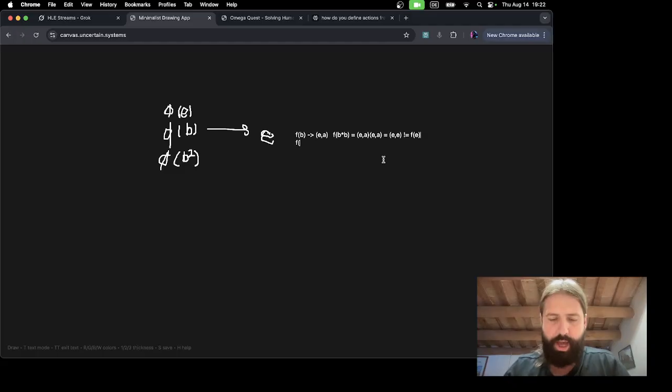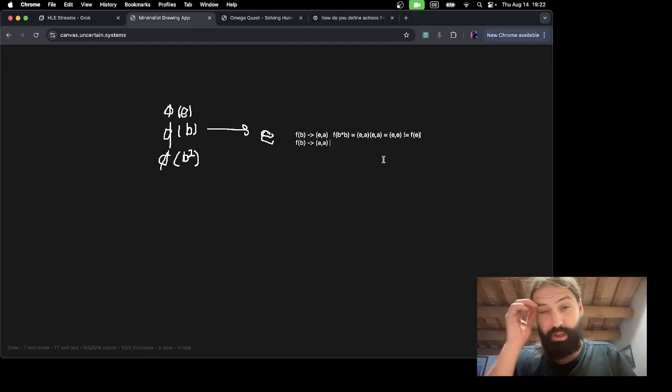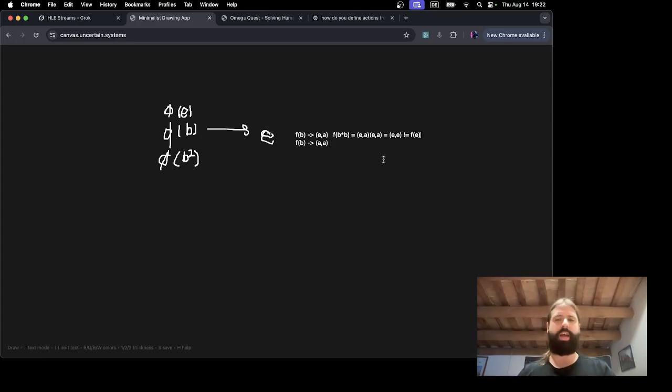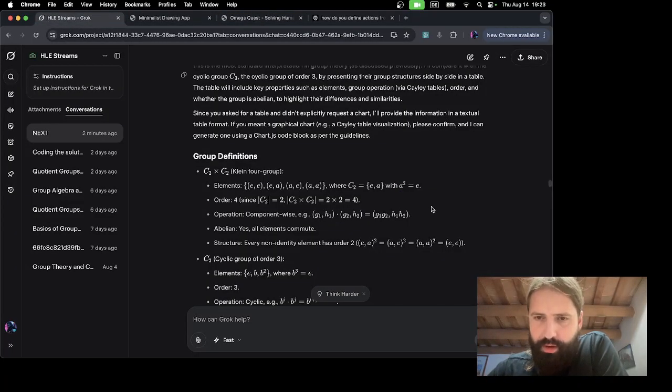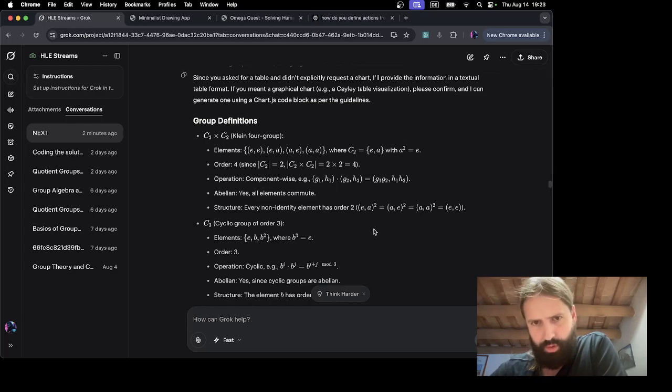So let's say FB equals AE is going to be the same, but what about if we do AA? Then it means, yeah, that's also the same. You just can't do these. There's no way to map these, because what we need to make sure is